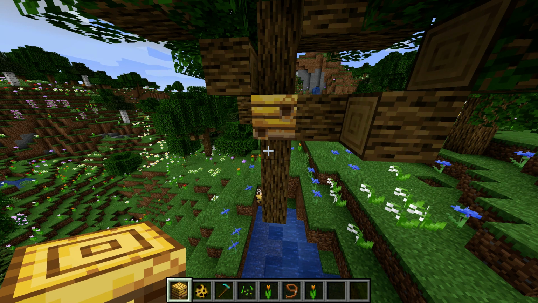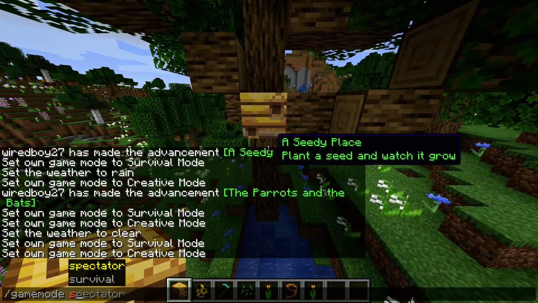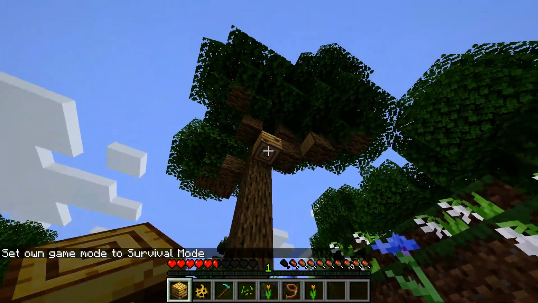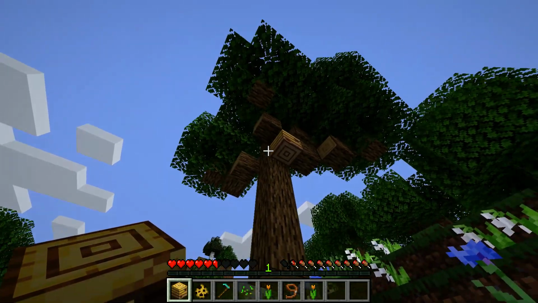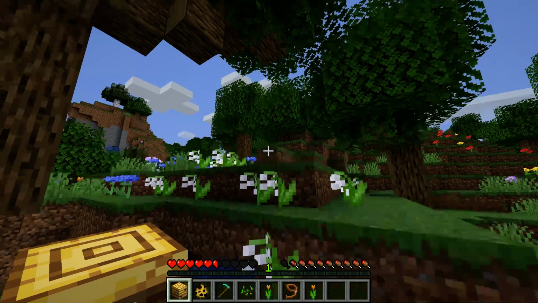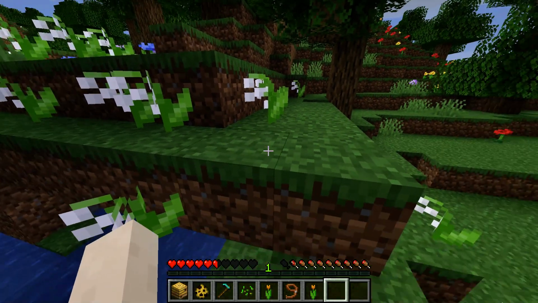Interesting. So if I mine them with... interesting. This is really interesting, actually. Basically, when you mine the hive, if you mine it with Silk Touch, the bees will actually stay inside the hive. As absurd as that sounds because of their size, right? But they'll actually be inside the hive. If you don't use Silk Touch, so basically if I just mine...